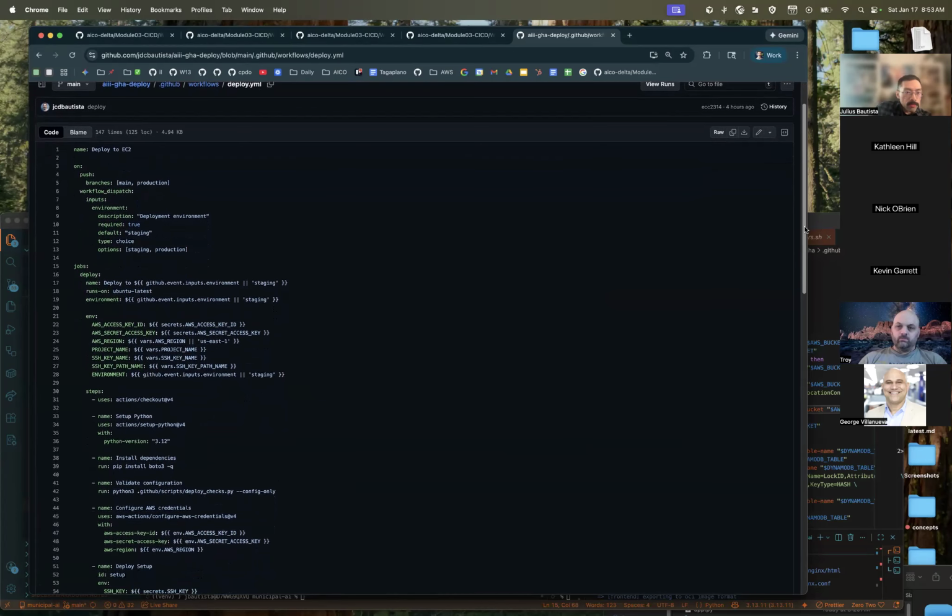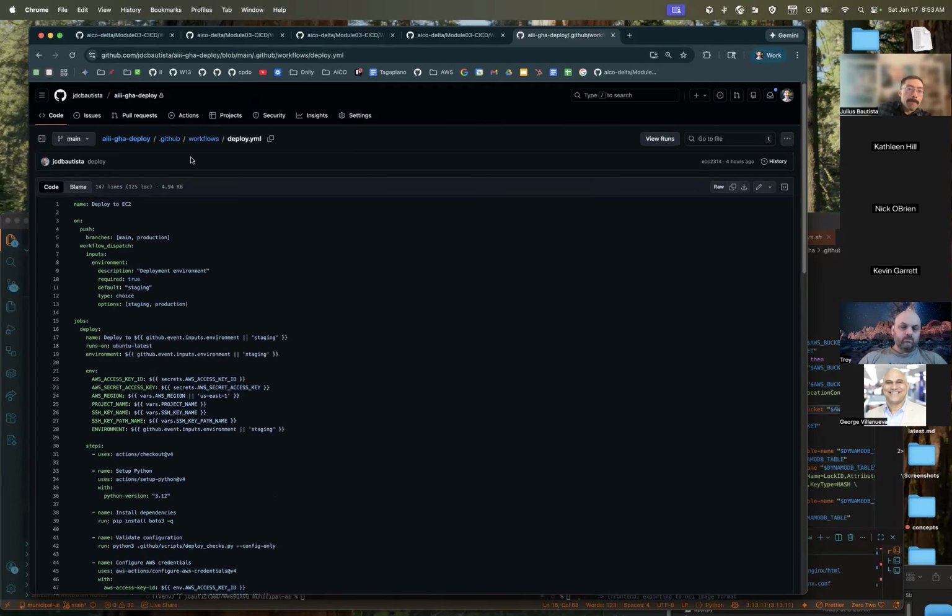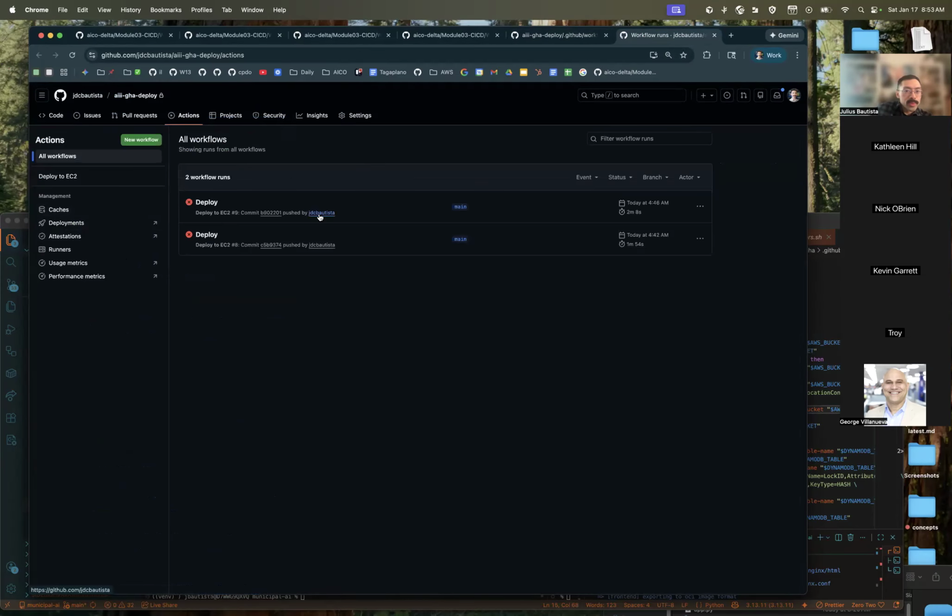We establish our environment variables. We create the conditions for our dispatch. In this case, we have both a dispatch that happens when you push to main or production branches, or when you manually dispatch it yourself. So if we go to GitHub Actions and we see our failures, am I in the right repo?